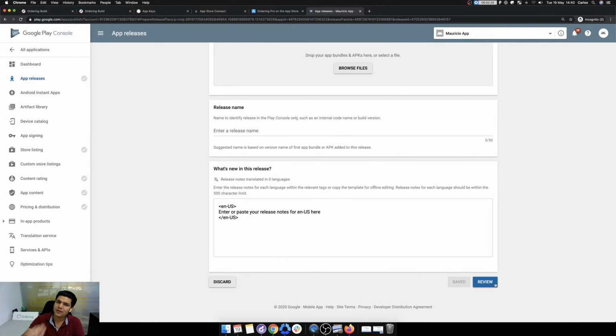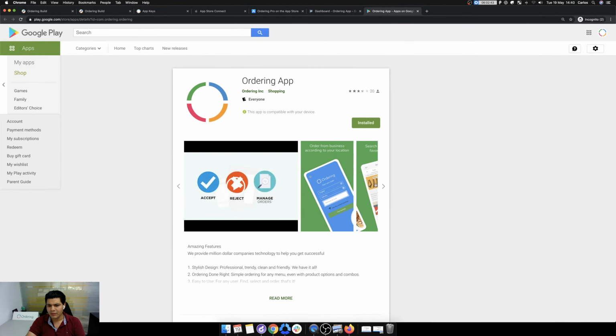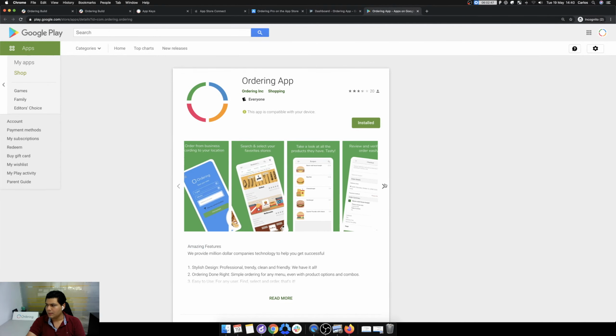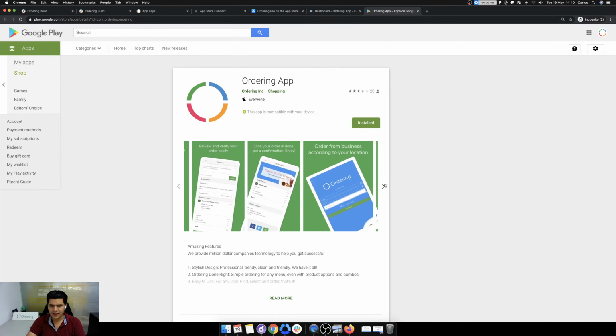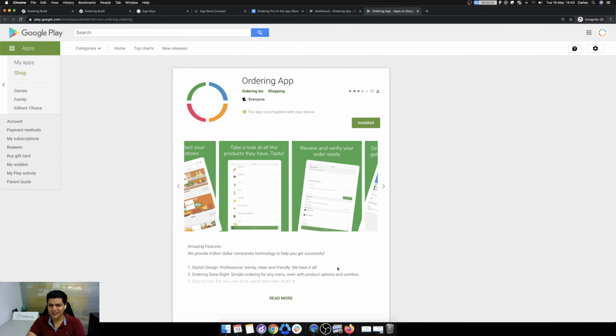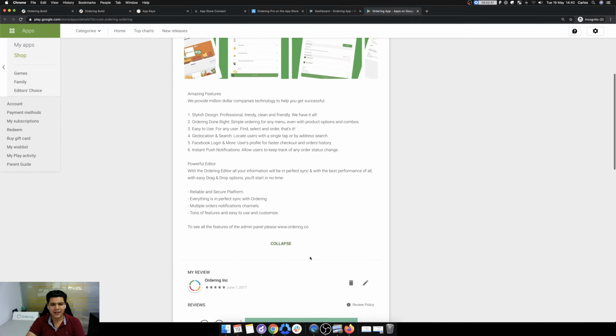If we go in the ordering app, the one for the demo, you can see here this button appears and you can see the listing of the apps, even a video if you have enabled that on the store listing. You can see the looks are different from iOS, but this is just Google Play layout.